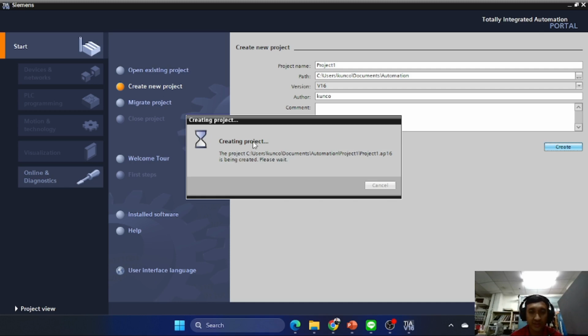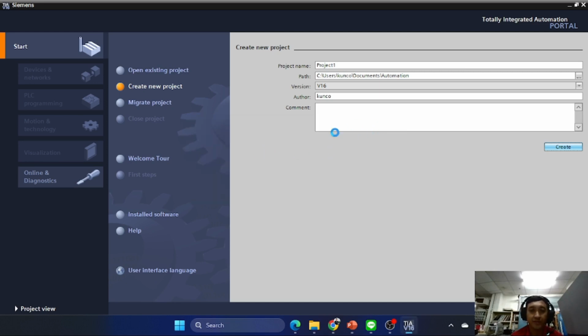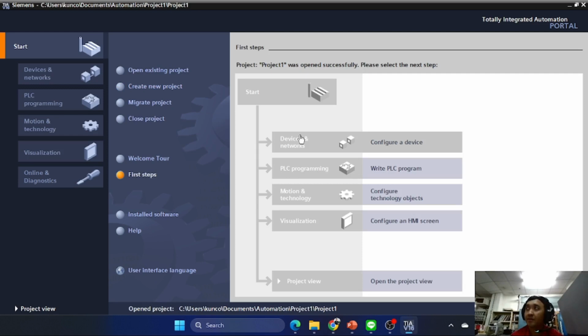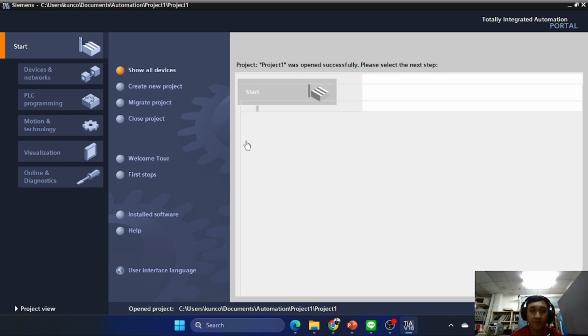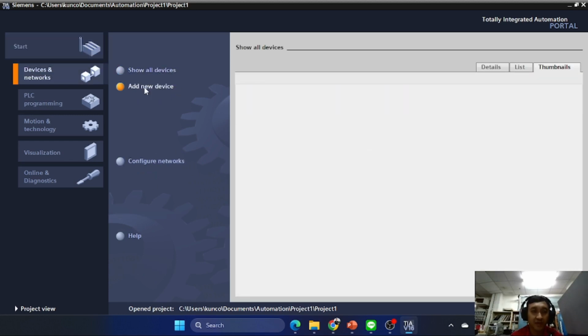We need to wait for the project to be created. It takes a long time, and after it finishes, we need to configure the device and add a new device.